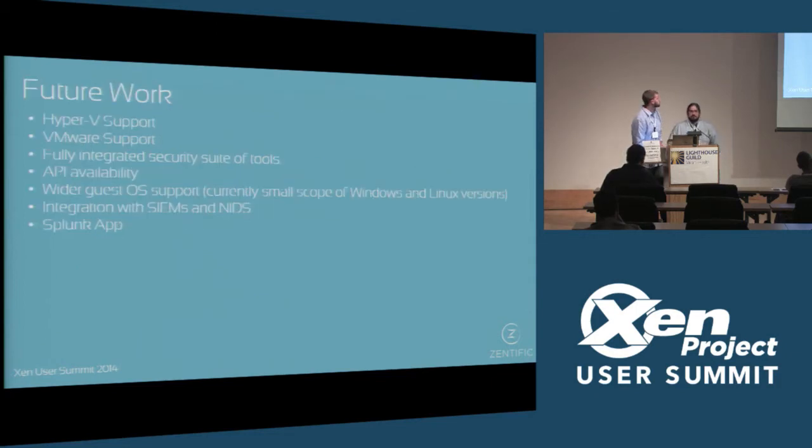So future work for us includes Hyper-V support, VMware support. These things have similar features. We started in Xen. Xen's our comfort zone. We like Xen. It's nevertheless applicable elsewhere. We have a suite of tools that are soon to come out.